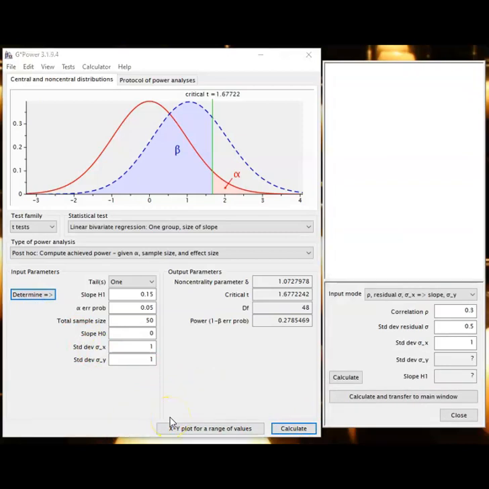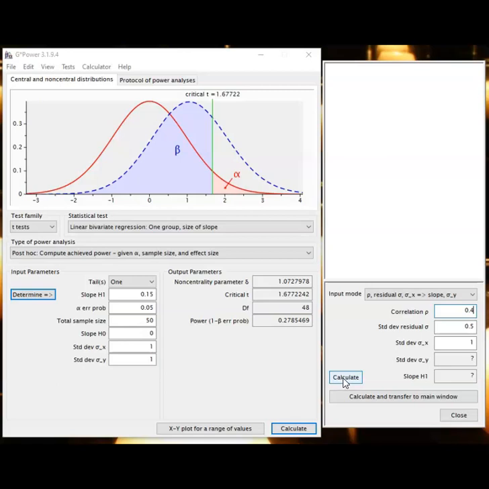So let's say that I know that the correlation in the population is 0.4 and that the standard deviation of the residuals, which once more I will need to know, but this time I should know that information because what I'm doing is calculating power. So this suggests that I already ran the model. So let's just say that I stick once more with the standard deviation of 0.5 and based on those two parameters I can estimate